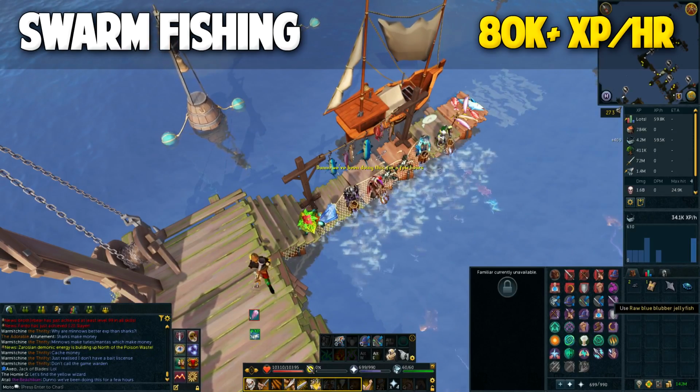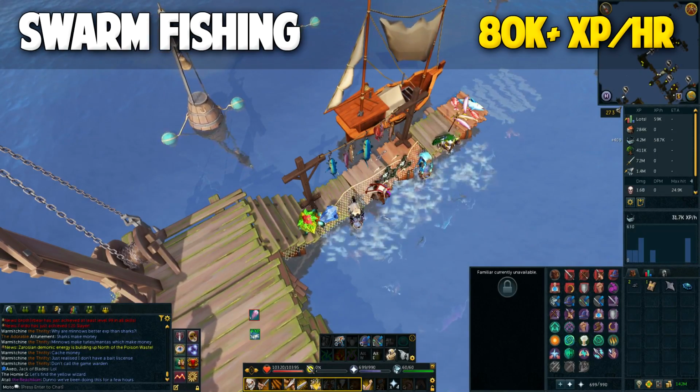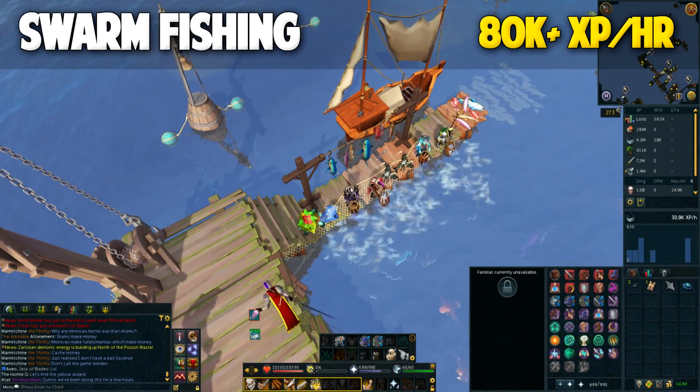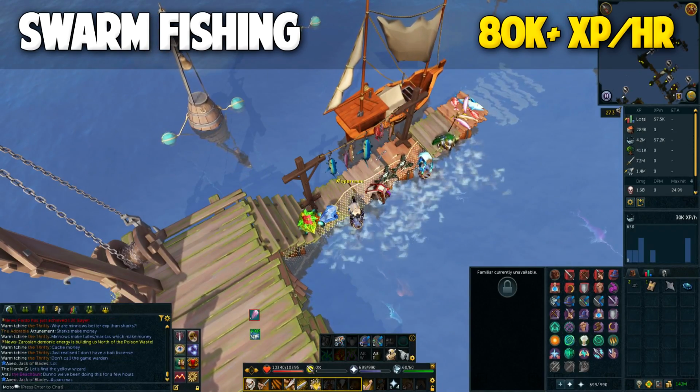Now your fishing level does affect the fish that you get, so you're more likely to catch the fish that you can already catch. But for example, let's say your fishing level is 80, you still do have the potential to catch some sailfish, which requires 97 fishing. Now I'm not sure if this is true or not, but I'm sure some of you can let me know